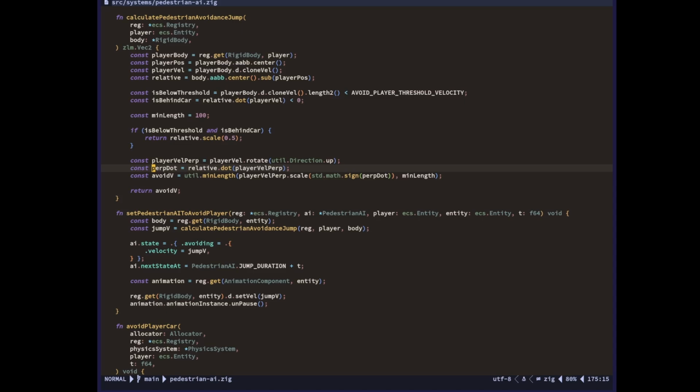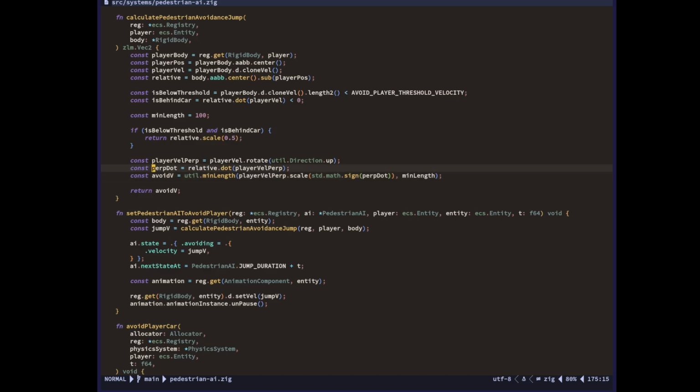Then we take the dot product of the relative position against the perpendicular. So in the diagram, that means that if this dot product is positive, then the pedestrian is sort of upwards from the car velocity. If it's negative, that means that the pedestrian is downwards from the car, from the player velocity. So